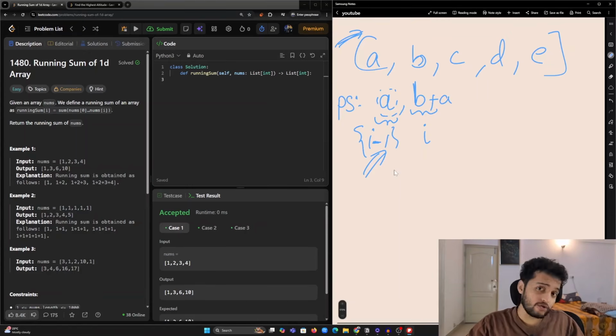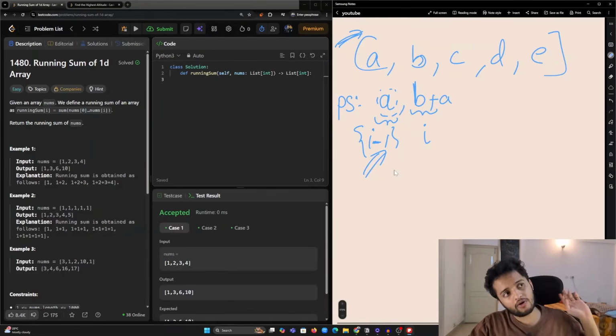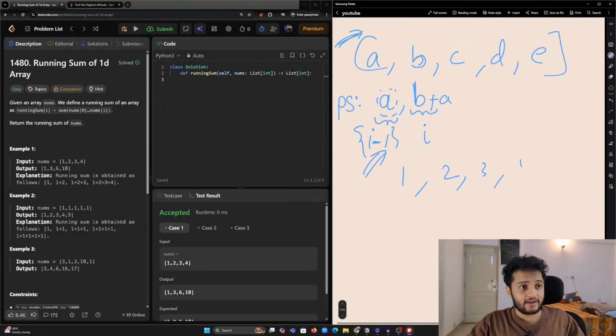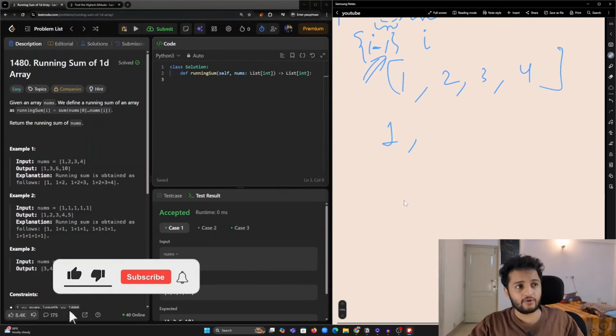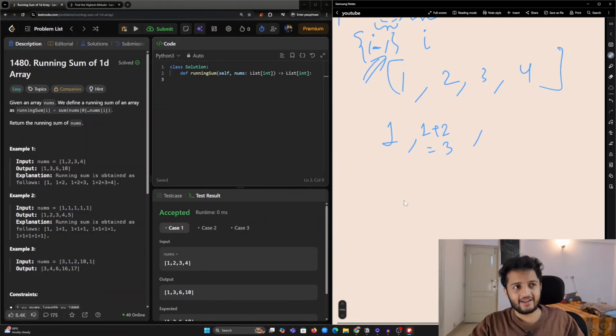So you don't need to iterate over all the elements again. If your array was 1, 2, 3, 4, you don't need to go ahead and calculate from the start. Let's say you calculate 1. Now you have also calculated 1 plus 2, which equals 3. Now let's say you want to calculate the third element. You won't start from 1 again because you have already calculated 1 plus 2 in the last step.